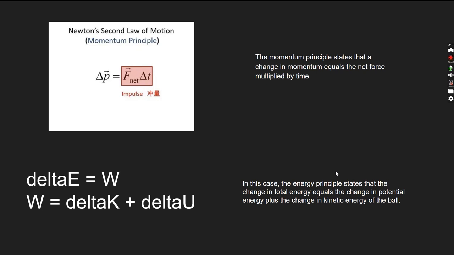Okay, physics principles in this lab. Physics principles used in the lab were Newton's second law and the energy principle. Newton's second law states that an object's momentum changes only when there's a net force greater than zero acting on the object. The energy principle states that the change in total energy equals the change in potential energy plus the